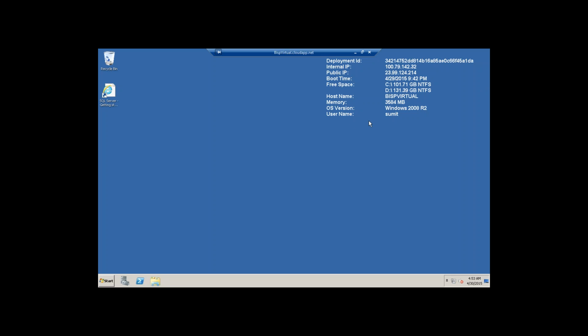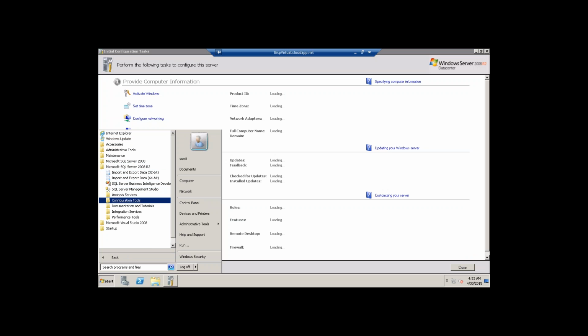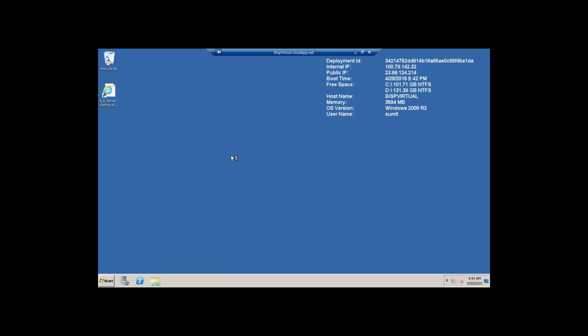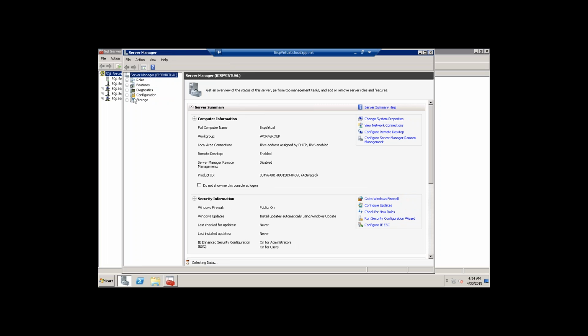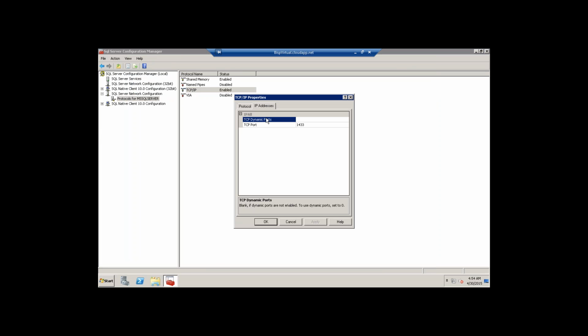Now I would like to check one more thing, so I click on the SQL Server 2008 configuration tool. I would like to set the TCP/IP port, so that we can access this SQL Server from outside this virtual machine. So under native configuration and TCP/IP, make sure it is enabled and check its IP address. The TCP port is 1433.